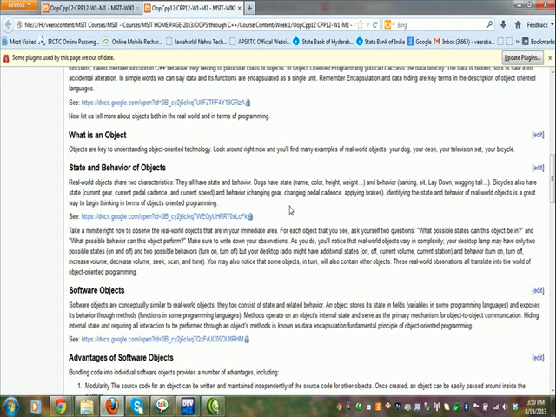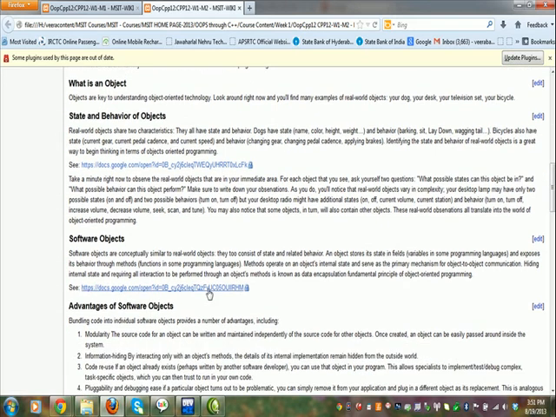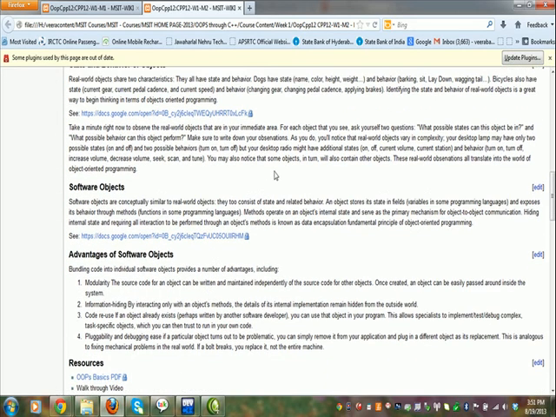Behavior is what it can do. If you think like that about objects, everything will be very easy to convert hardware, that is the real world entity, into a software entity. You can think that the real world entity can be hardware and the software entity can be a software object. For example, you can take a pen or our mobile as a real world entity.